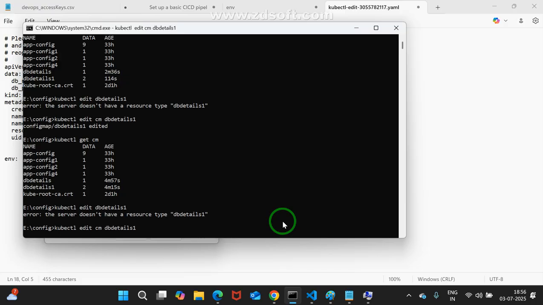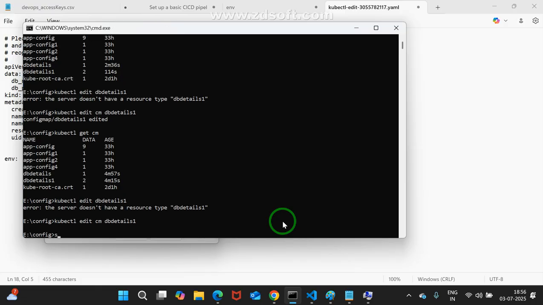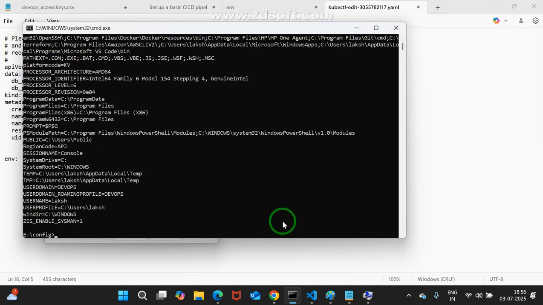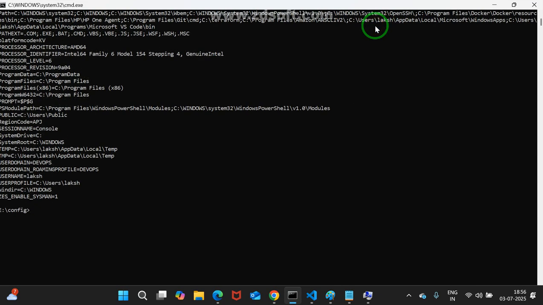But in Windows, you want to see environmental variables. Set is the command. What is the command? Set. Maybe I may show you in front of you. It may work or not. We'll check it first. There I am going to give set. Check it. Is it working or not? Because I worked with Windows also for setting environmental variables multiple times.